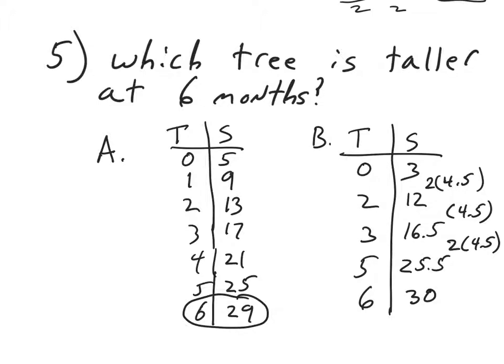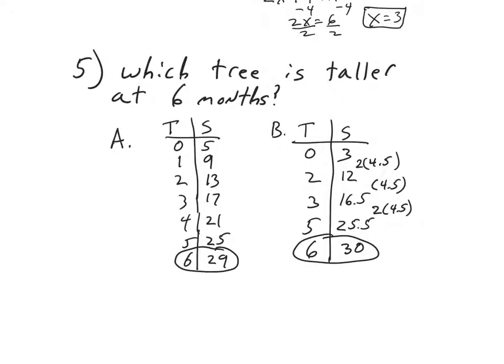So at 6 months, tree B is at 30. Tree A is at 29. So tree B is going to be taller. So tree B